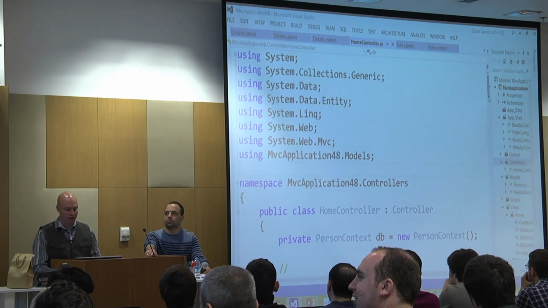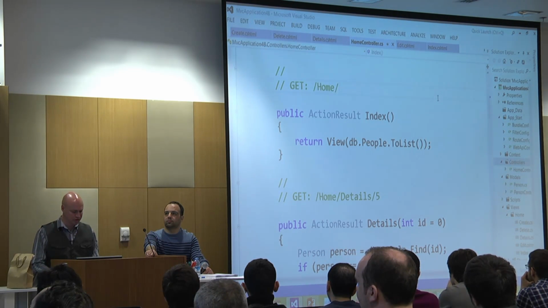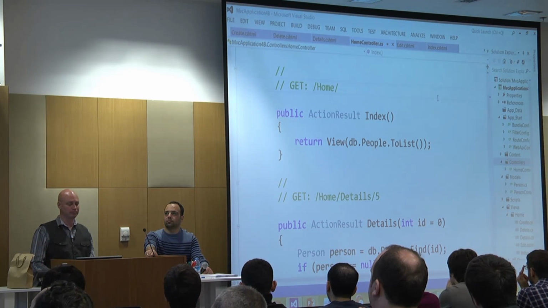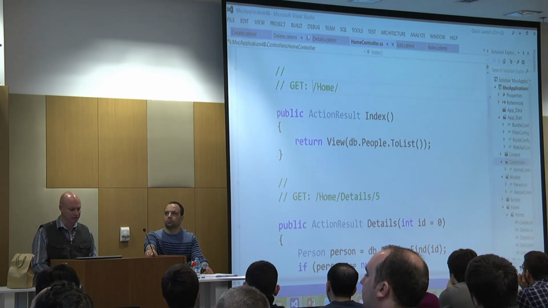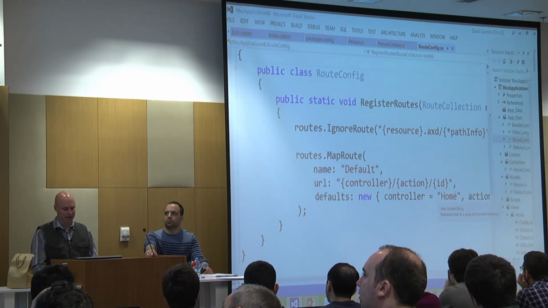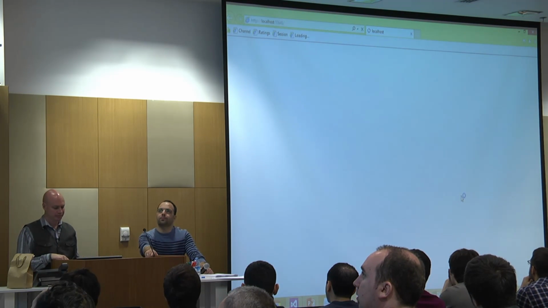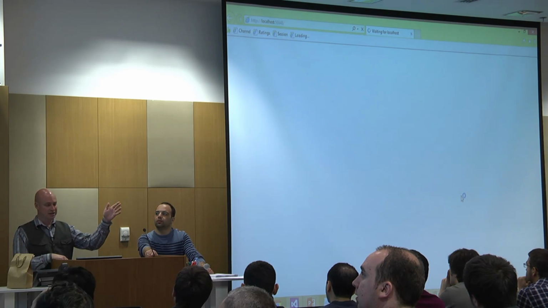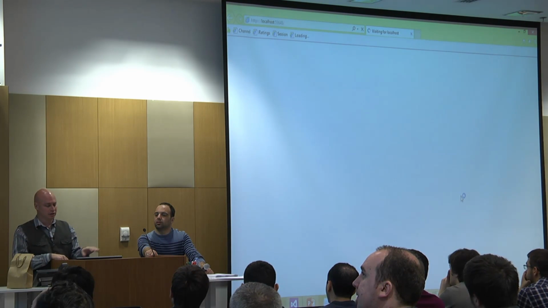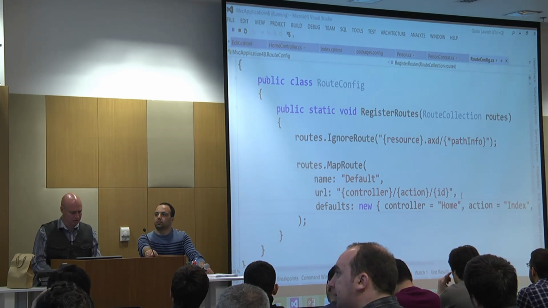Okay? And now, remember how it said before that I would browse to /person? Now it's saying I browse to /home. And there's a little trick here, which is that the routing has a default controller of home. So if I just browse to the base URL of the site, it's automatically going to work. Okay? So the URL, I started the app up. Routing is saying go to the home controller, look for the index action. Okay? And then that index action is going to